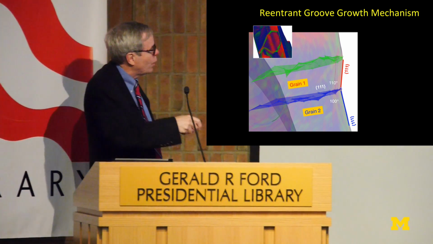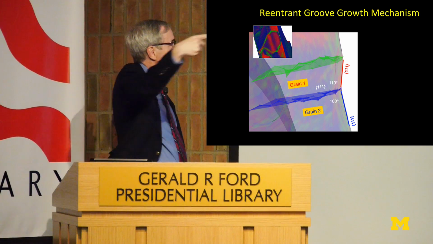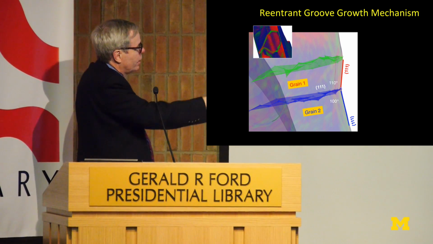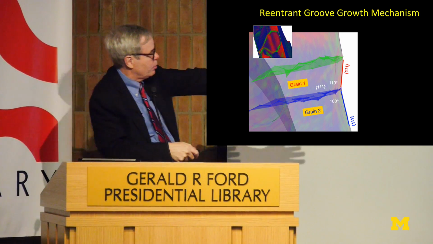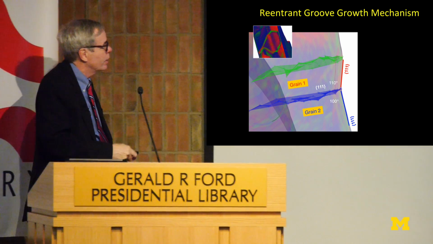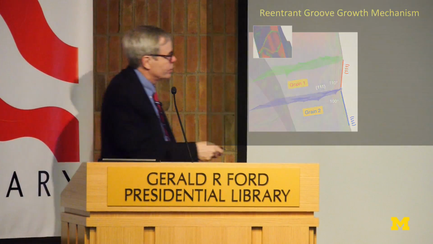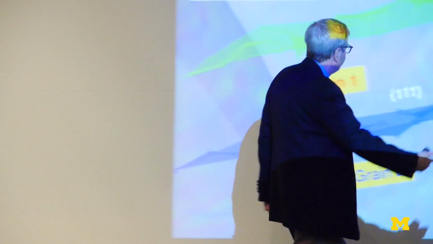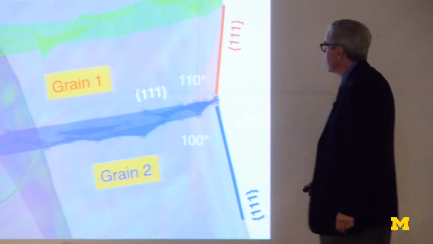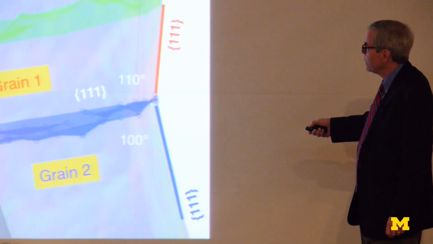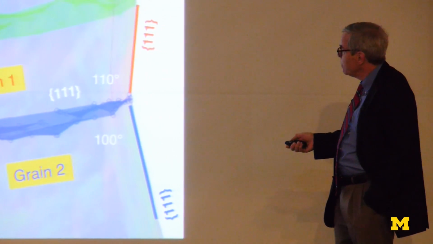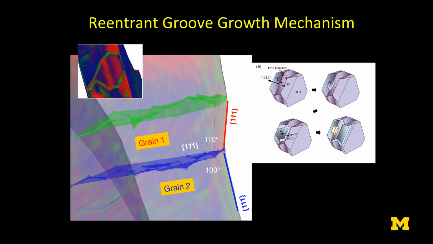So this is the picture I showed you before. And so this is actually going into the crystal in this direction. And these are the twins that the projections of which are in the plane of this crystal. So we've rotated around. So in this case, we're looking down on the crystal from over here. So you can see the extent of the twins. And what this means, really, is that this is confirmation of the mechanism that goes back to the 60s, where